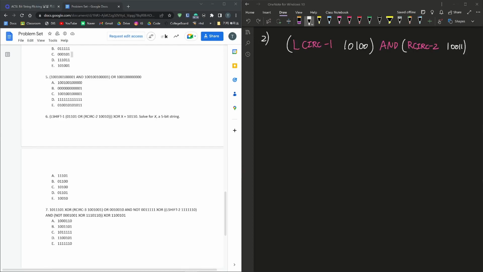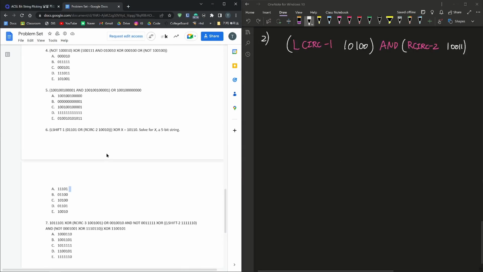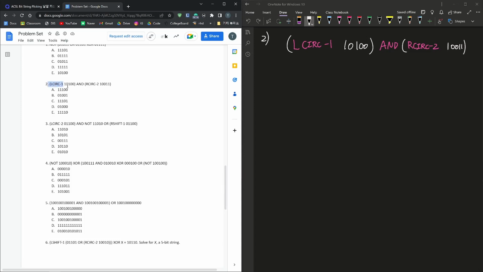Okay, so let's move on to problem number 2. If we scroll up here, that is problem number 2. If you haven't attempted it yet, again, same thing, please pause the video and attempt it. Otherwise, we will start. According to our order, we should start with anything inside the parentheses. We'll start from here: CIRC 1 10100. So we will copy down 10100, and remember that CIRC 1 is you take the left digit and move it